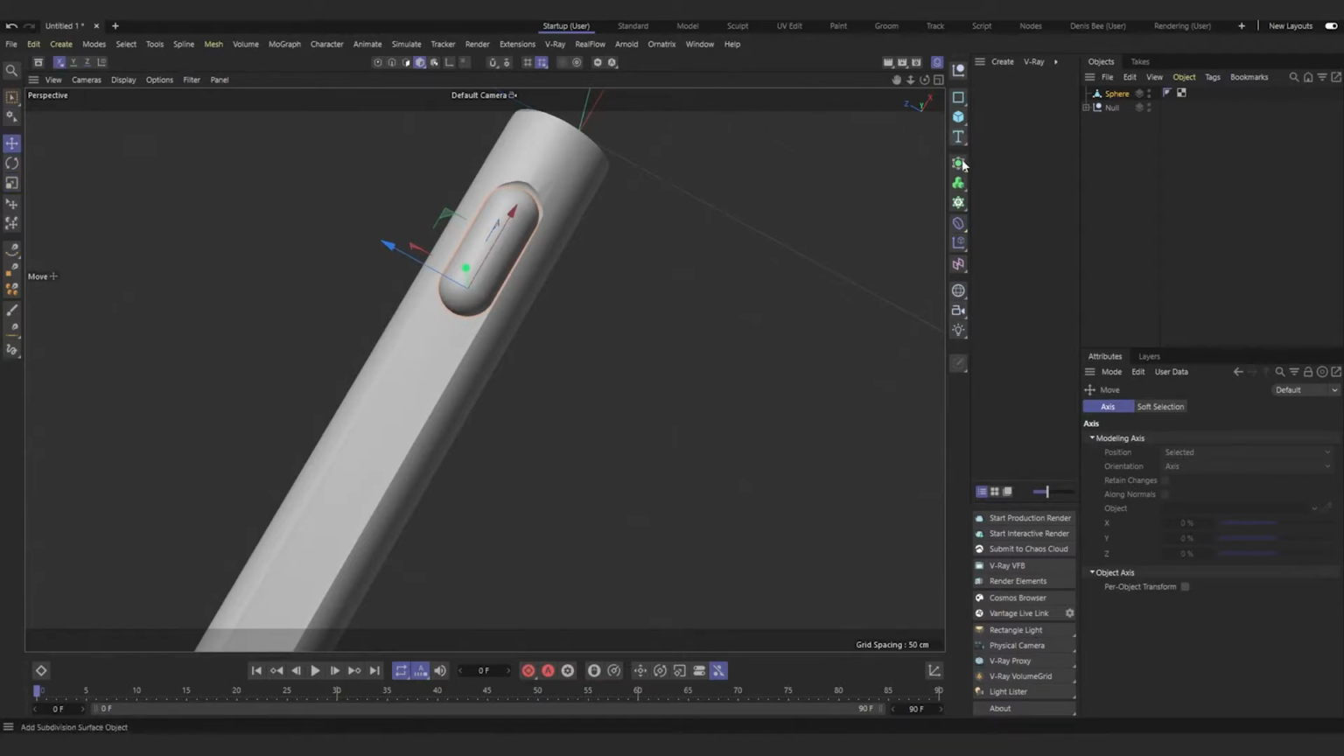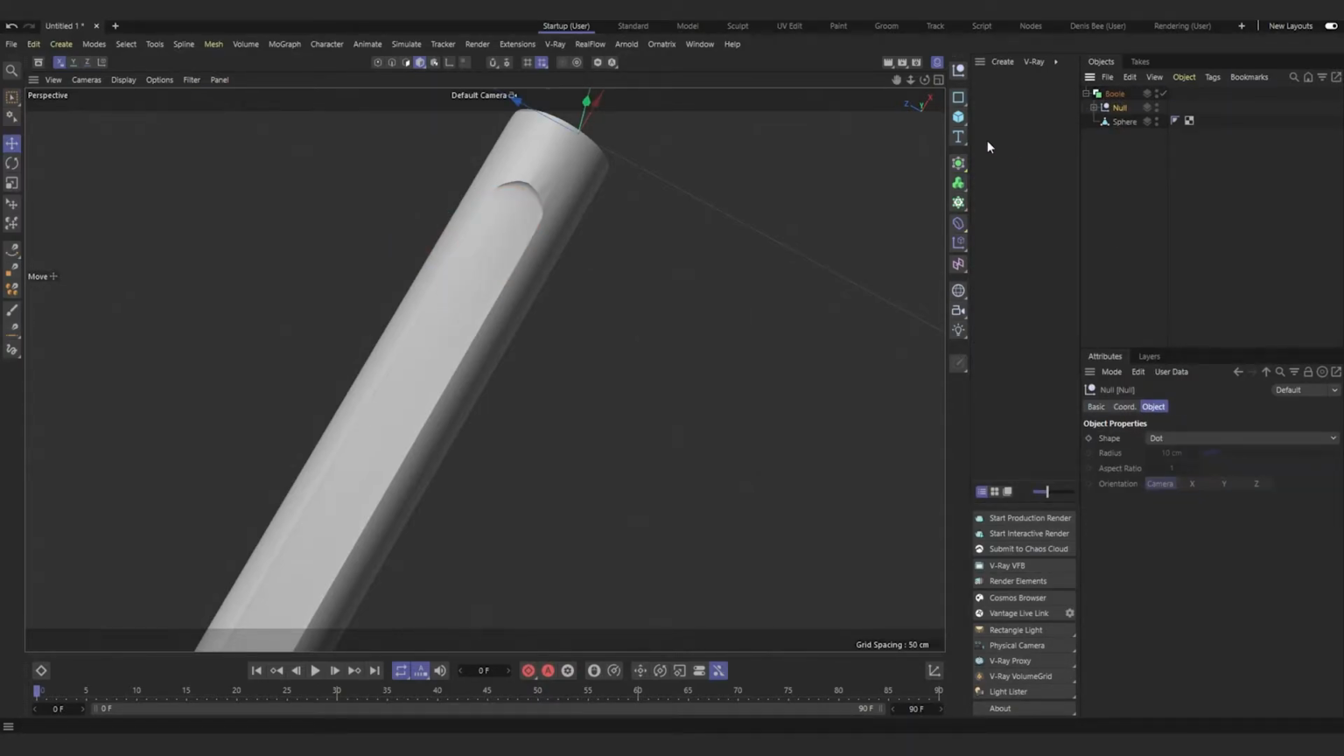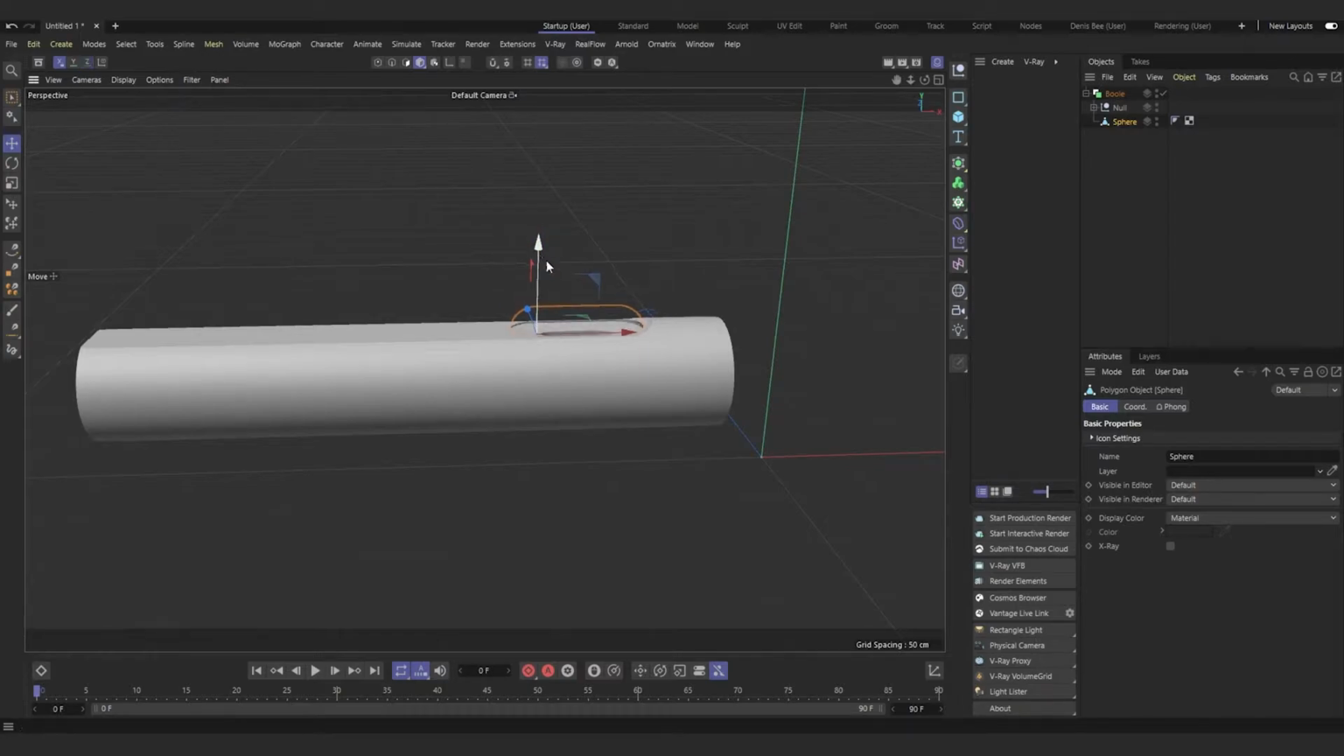So okay, again, boole, this and this, is that the right order? Sphere, take it down. Okay,